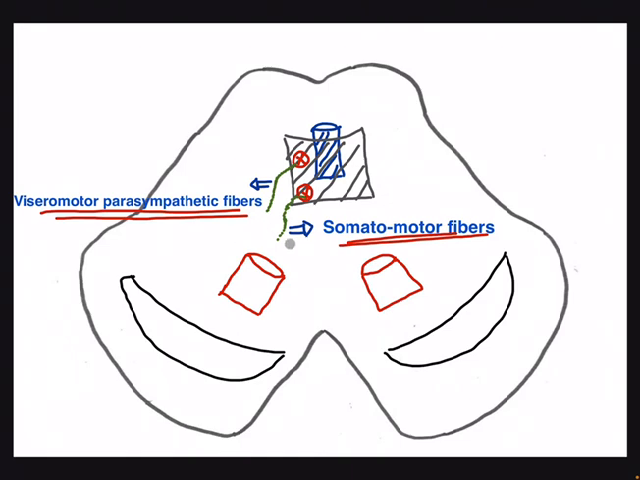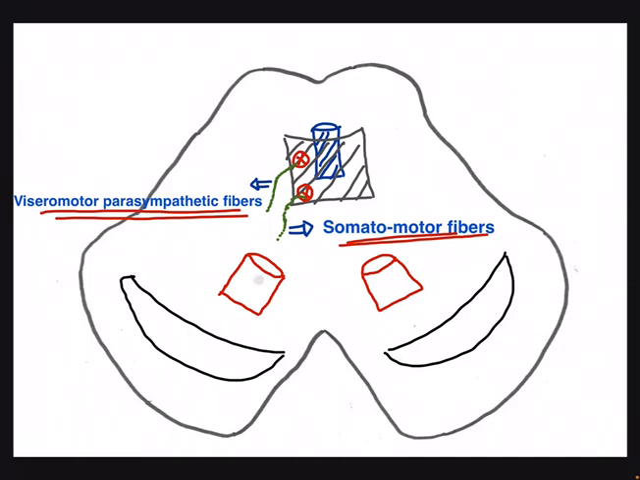So to summarize, the oculomotor nerve is a motor nerve which consists mainly of two types of fibers, somatomotor fibers and visceromotor parasympathetic fibers. These fibers take origin from the periaqueductal gray matter and the tegmentum part of the midbrain, and they move as a single fiber from the midbrain to the orbit to supply most of the extraocular and intraocular muscles. In the next video, we will be talking about the course of the oculomotor nerve in the midbrain,